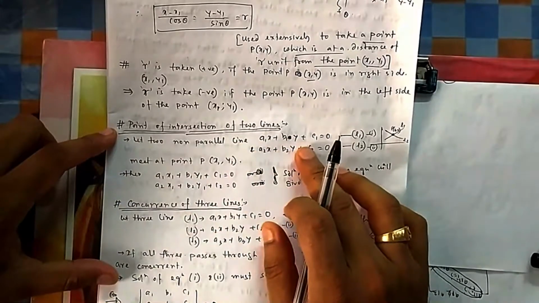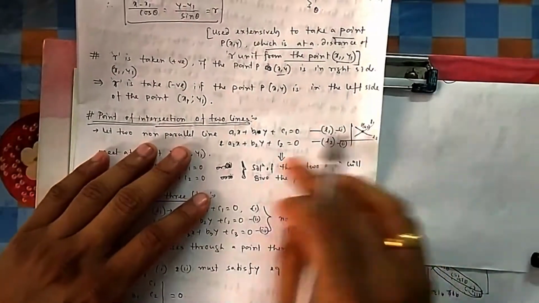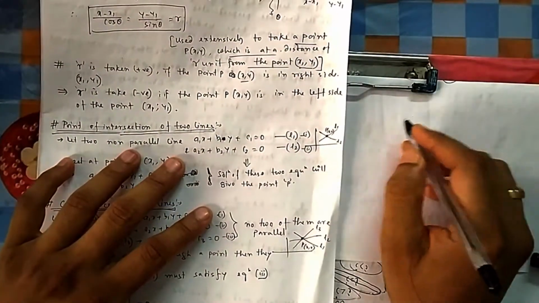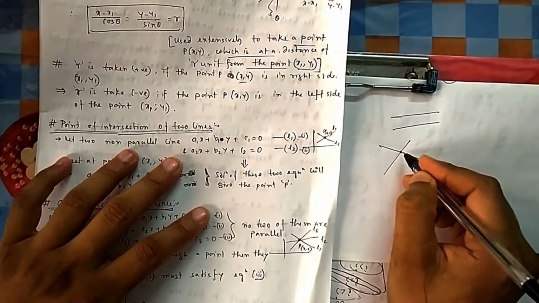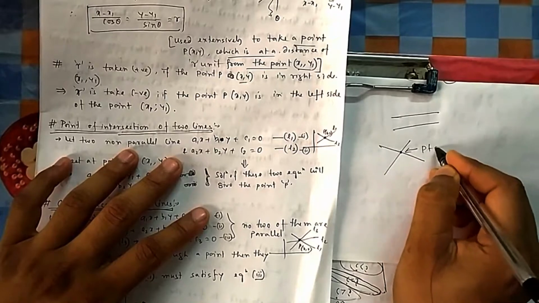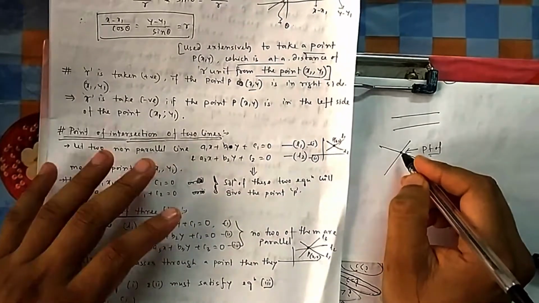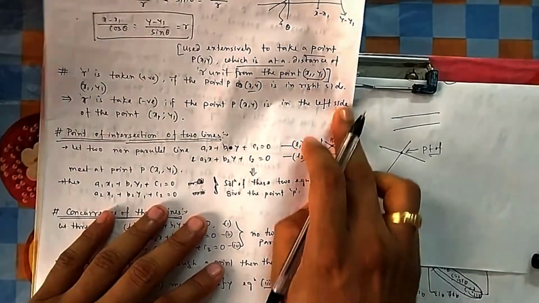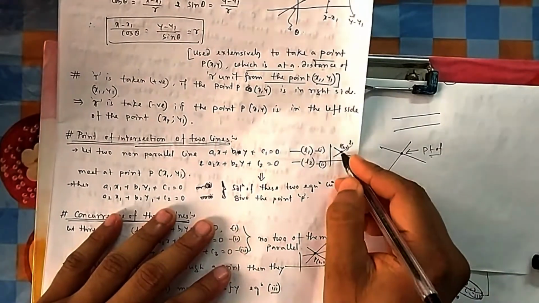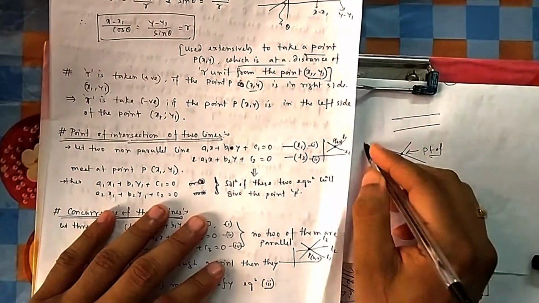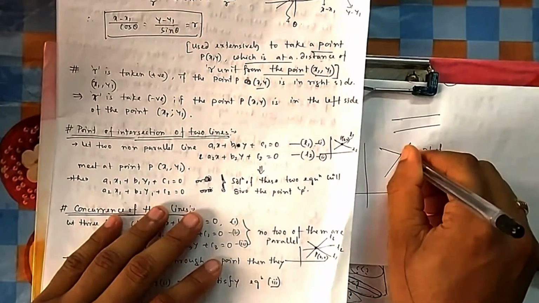So, point of intersection between two lines. Suppose you have two non-parallel lines, because if you have parallel lines then they will never intersect. So you have two non-parallel lines, and they will intersect at a point. This is known as the point of intersection, and you need to find this point. You might have done this in class 10 in coordinate geometry. You plotted these two lines from their equations and found the point where they meet. That is known as the point of intersection.